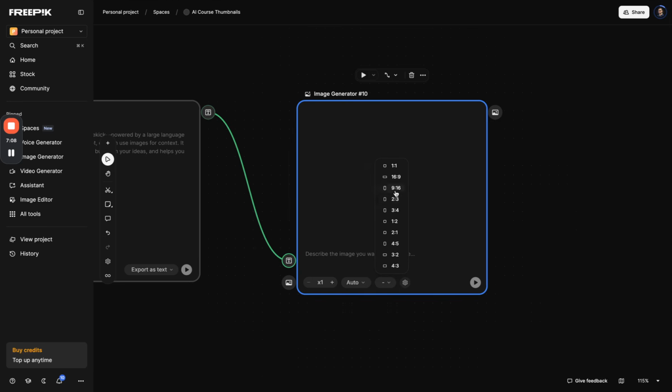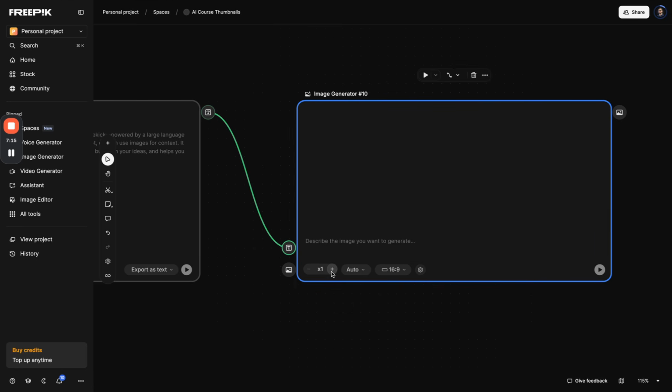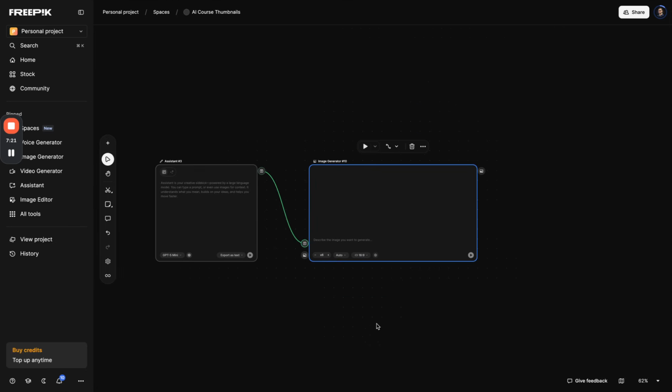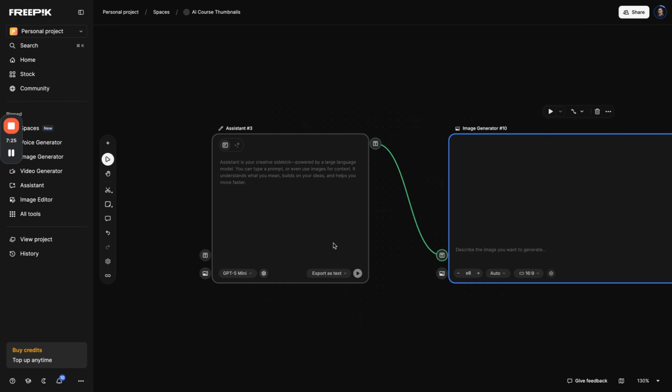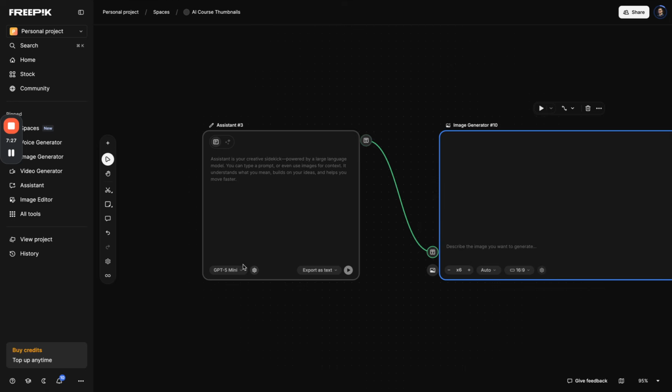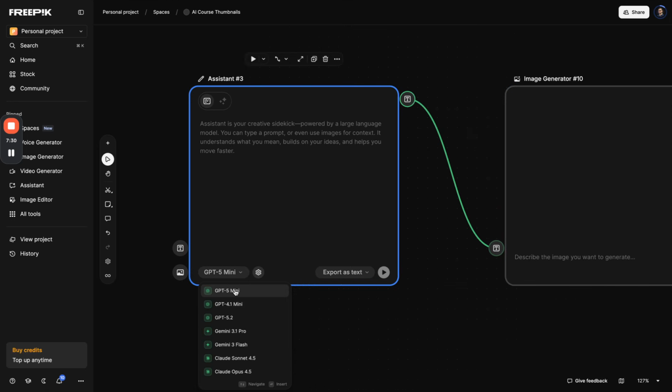So here is the resolution that you want, 1:1, 16:9. So if you want to go for a thumbnail, go for 16:9. And then here, just add like 4 so that you can build more at a time, so they have more examples. So one thing that is very important here, so this is the entire structure that you need, right? Super simple, right? So the next thing that we need is make sure that you change the GPT-5 to Gemini